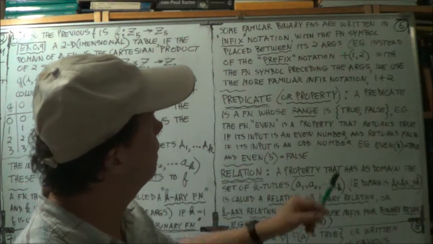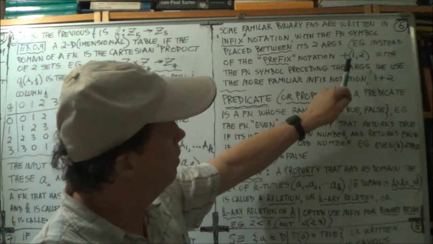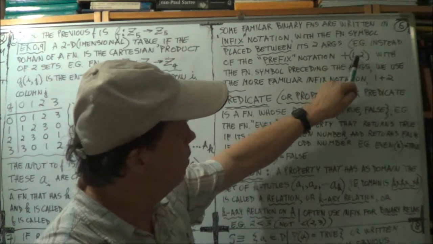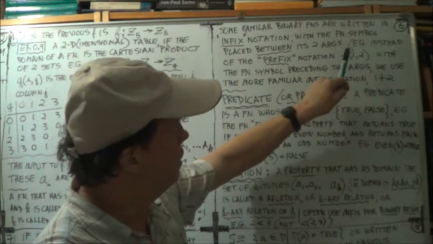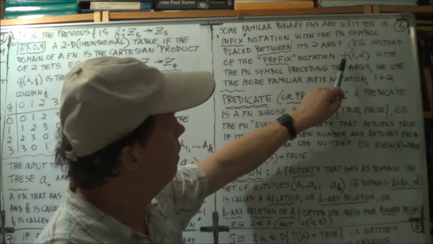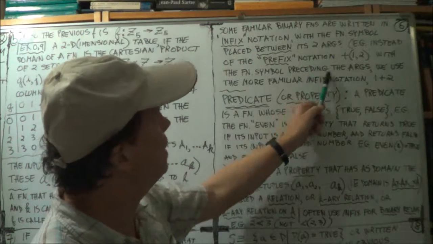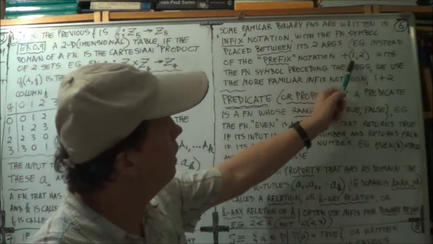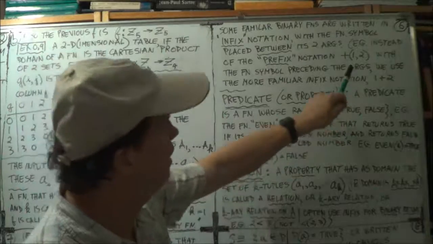You haven't written it this way, for example. Before we had f of a comma b, with two inputs, little a and little b, so this function acts on these two inputs to give you an output. Now, if you write it this way, with the function to the left, preceding the arguments, then that way of writing is called prefix. So you fix the position of your function